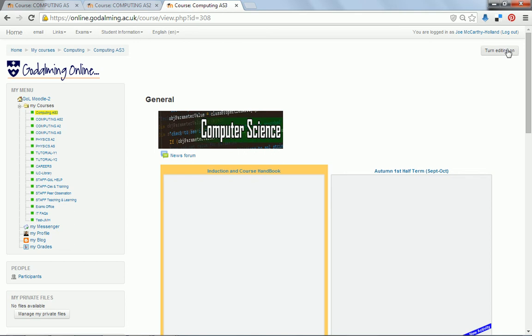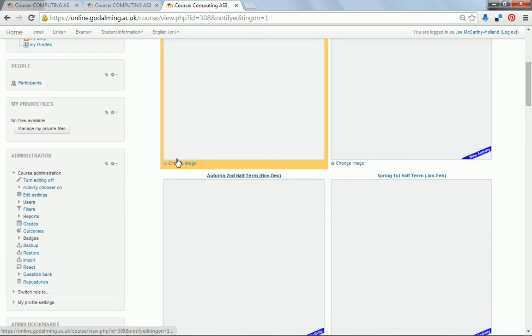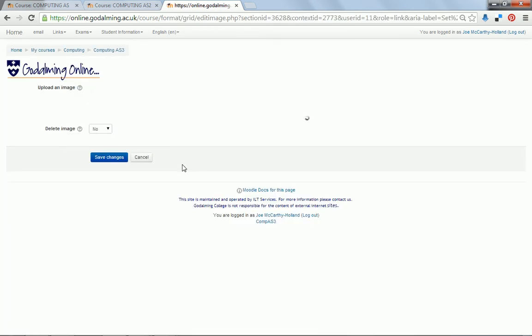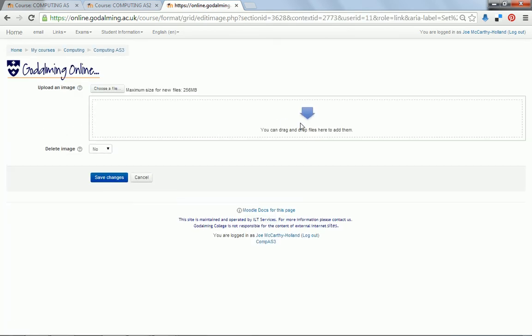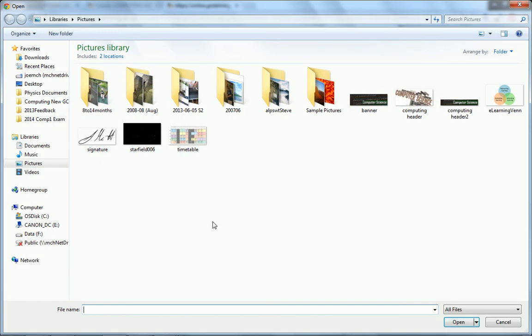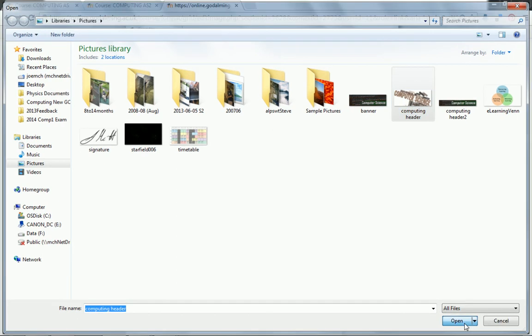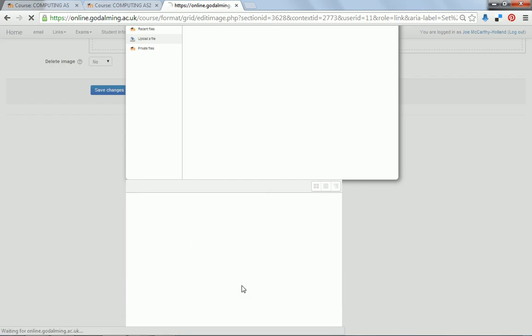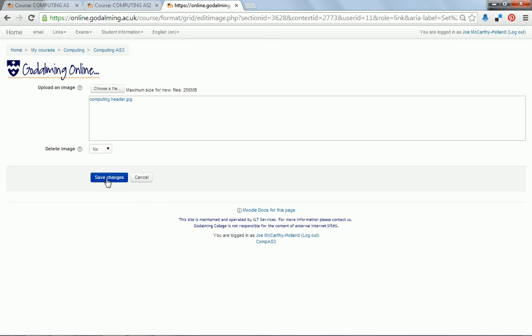by just going to turn editing on, and then I get a little magic option here to change the image, and I can just drag any image I've got into this box, or I can use the file chooser to actually pick an image. You can pick whatever you like, but be aware that I'll just pick that one for now. If you pick something of a strange size and you start resizing your